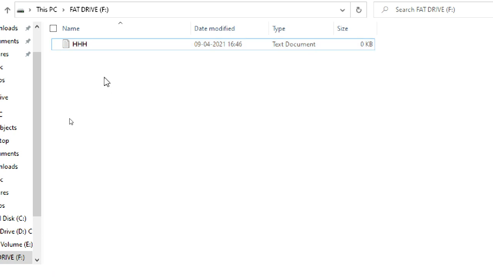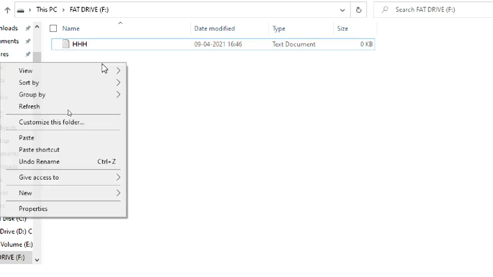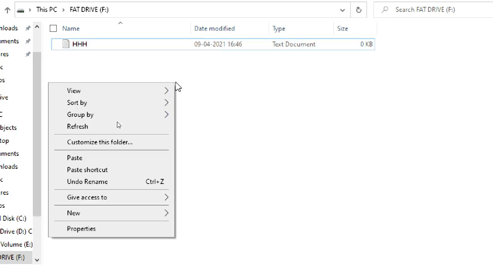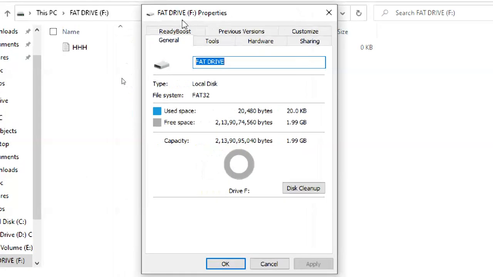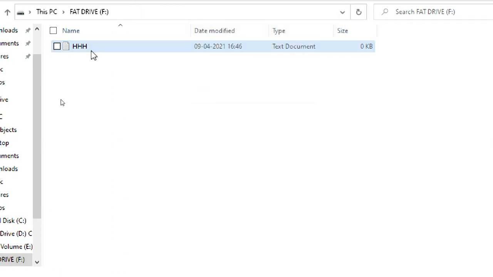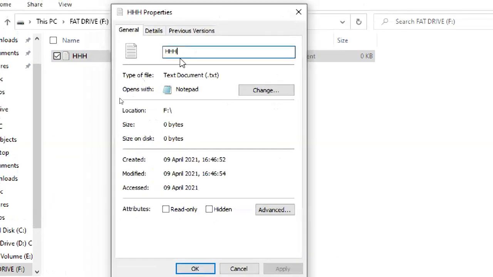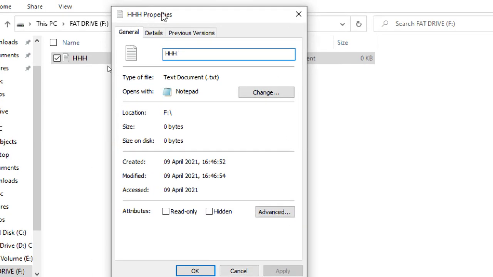Some people will do like this. They right click here, they right click on here, go to the properties. What properties is it showing? F colon properties. It is your drive properties. Okay, if you click on here and right click, go to the properties, it is showing your file properties. It is showing your file name here, properties.